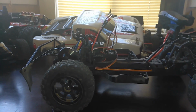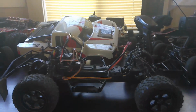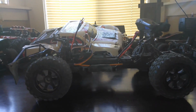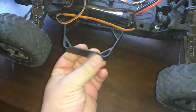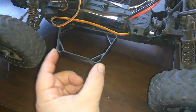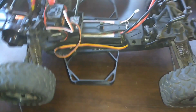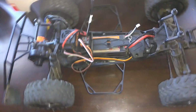But in all honesty, stock setup, it handles better with the stock tires it came with. I'm gonna have to do some tuning on this to be able to run these all the time. There was Velcro on these that came off. They only put like a little tiny square right here. If you're going to use the Velcro, you're going to have to put a strip. I'm going to put a strip all the way across here on both sides. They just didn't put enough. They're trying to save a penny, I guess. Who knows? So anyway, if I were to rate this truck,